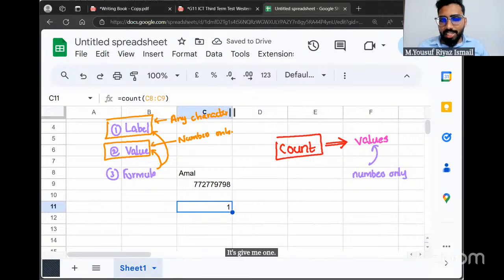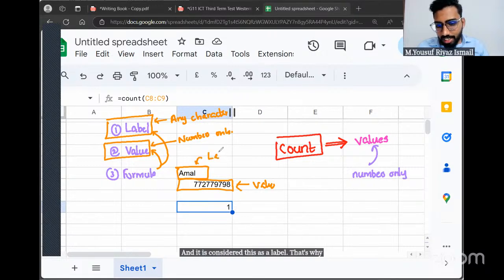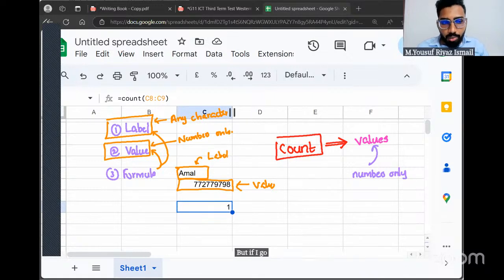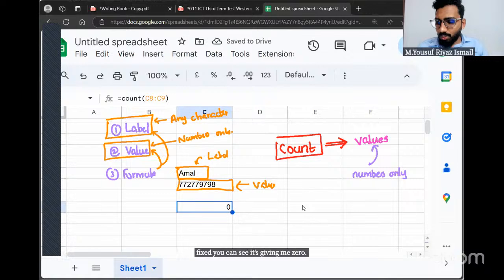At the moment, it's considering this as a value. Because it is considered a value, it is right aligned. And this is considered a label, that's why by default it's left aligned. If I change the number format from number to text, you can see it's giving me 0.